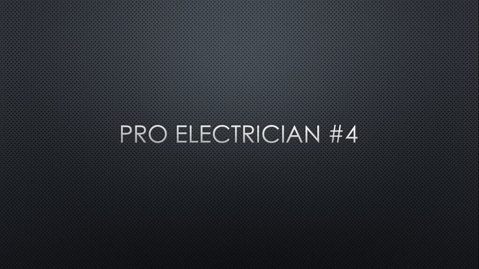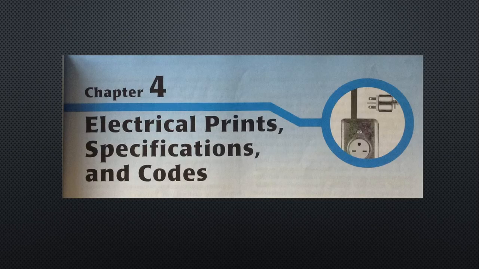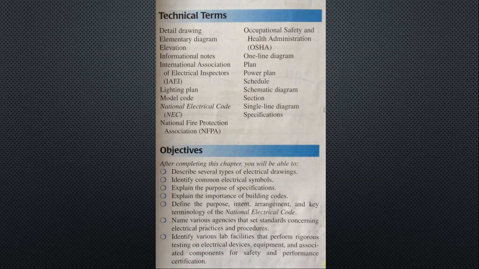Pro Electrician, number 4. Chapter 4, Electrical Prints, Specifications, and Codes. Technical terms for the chapter are detailed drawing, elementary diagram, elevation, informational notes, International Association of Electrical Inspectors, or IAEI,